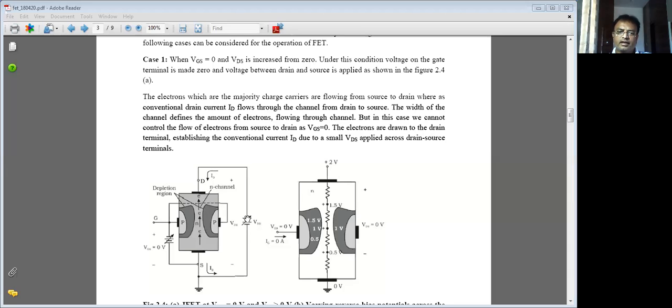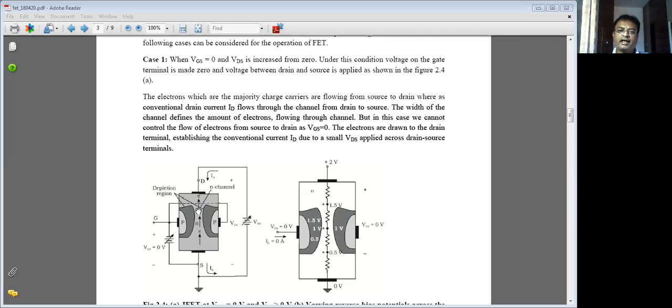Then the positive terminal of the battery is connected to the drain of the same N channel. Here also electrons are there. The polarity of the electron is negative, and the positive terminal is connected to the drain. Now these electrons get attracted by this positive terminal of the battery. If you apply VDS like this, the electrons near the source get repelled and the electrons near the drain get attracted. So see the electron direction: electrons move from source to the drain. This is the electron flow direction.